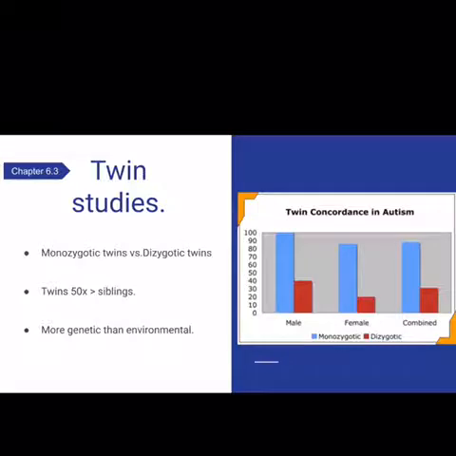If the concordance is higher in monozygotic twins than it is in dizygotic twins, there's a suggestion that genes influence that disease or disorder. The connection from the research to Chapter 6 suggests that since the ASD concordance is higher in monozygotic twins than in dizygotic twins, there is a gene involved rather than an environmental factor. It is just a matter of figuring out what type of gene and where that gene is.